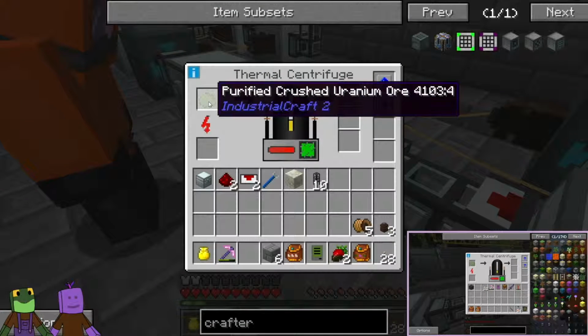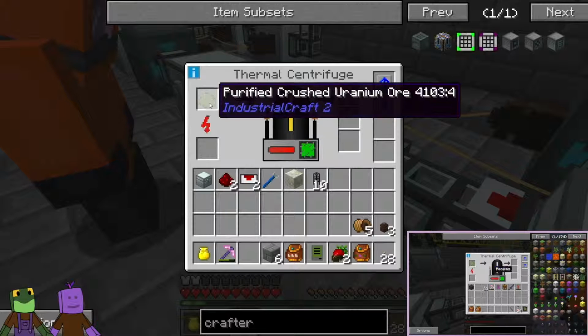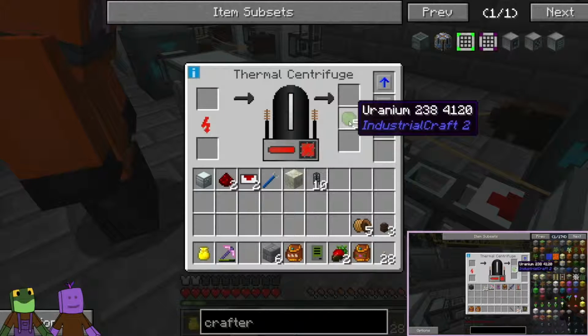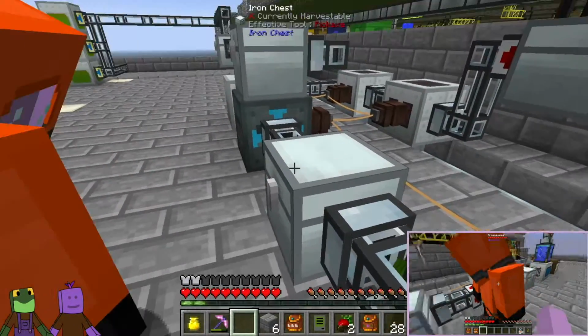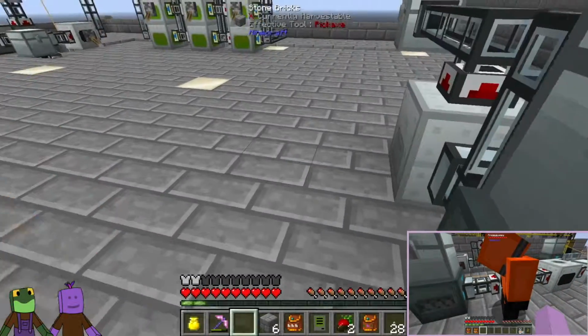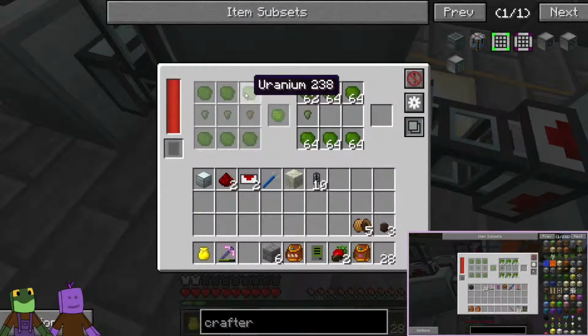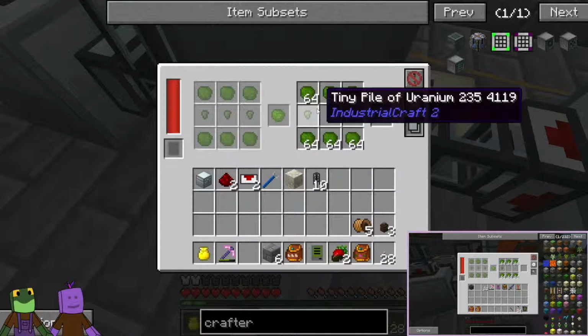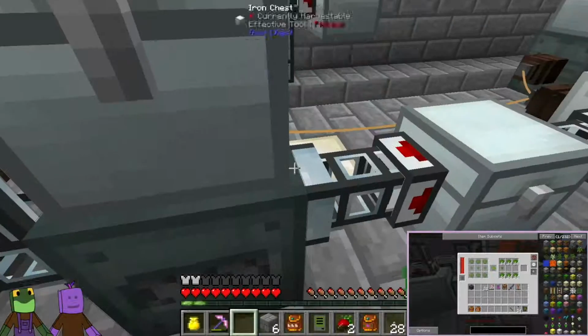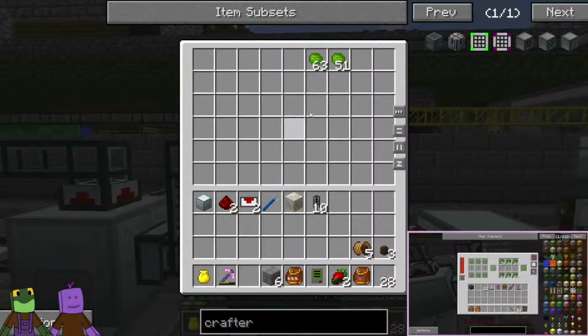But anyway, your purified crushed uranium ore now needs to go into your thermal centrifuge, which this one is almost finished. What it creates is the tiny pile of uranium and uranium. So moving down the line, it goes into this chest and then gets pulled out of this chest. It goes into this crafter, which again, we've got our invisible recipe, and then the actual real thing is over here. You get an enormous amount of uranium. You get a little bit of the tiny pile of uranium, which is why there's only one. So now from that, it comes up here,